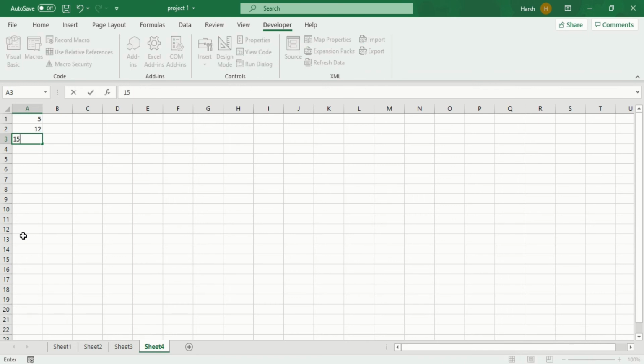So 15, 9, 8, 7, 11, 10, 16, 16, 18, 12. Oh, I have changed the column.